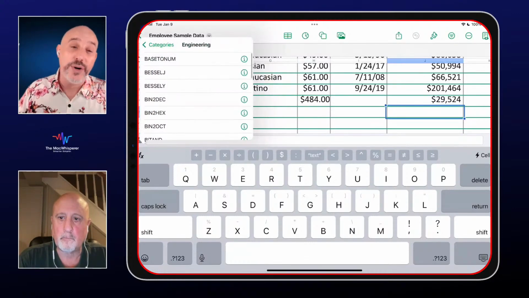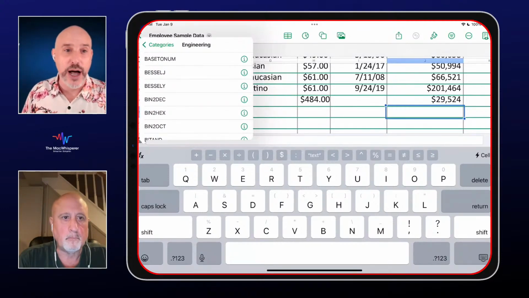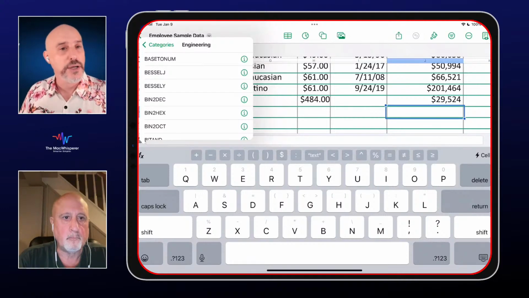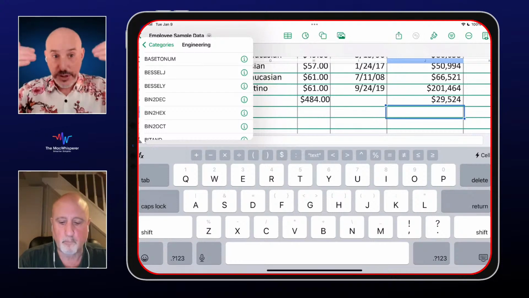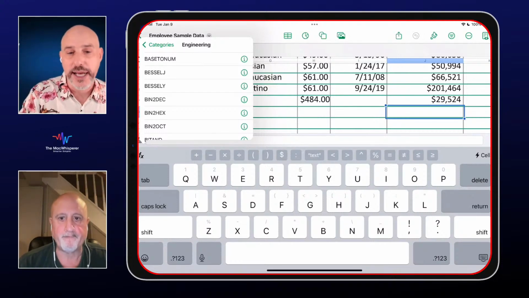The third way, which I had to do this week because I had a problem with an Excel numbers spreadsheet that I could not solve, is to go online. Ask Google exactly what you're trying to do. What is the formula to do this? And you can say with Numbers or with Excel, and it will deliver exactly what to put in this